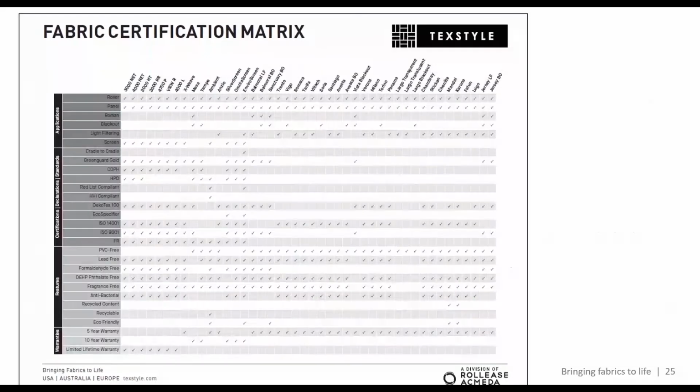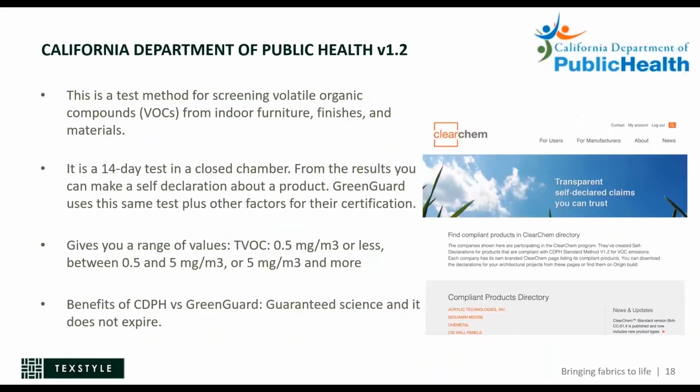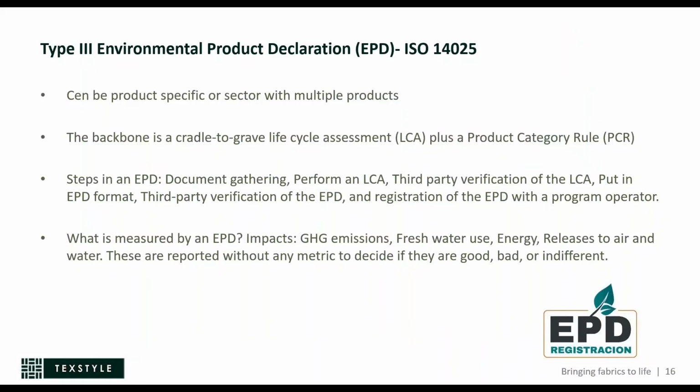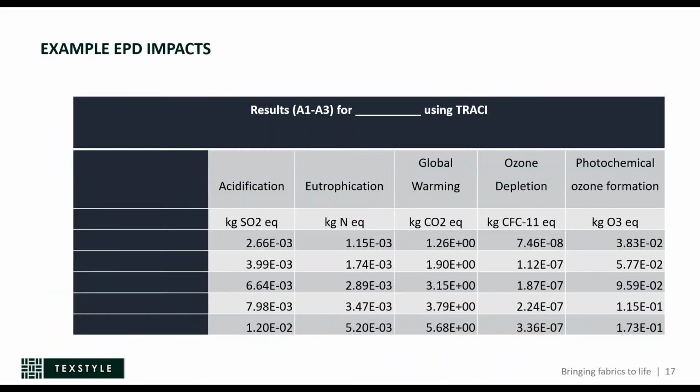I have 1 minute. So with that slide, what it's going to show you is the category, and in the next slide forward, in the EPD, it's going to tell you what each one of these mean. These are called TRACI. These are U.S. impacts done by the U.S. EPA. And so it's going to tell you what each one of these mean, and then it's going to give you its measurement. So this is CO2 equivalent, which is how CO2 is measured. And so it's going to tell you how many kilograms of CO2 equivalent for each,